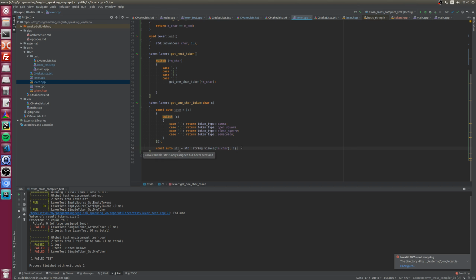So we have a string view for this, and now let's just return the token with type and string. Get one char token, so yeah, return that.